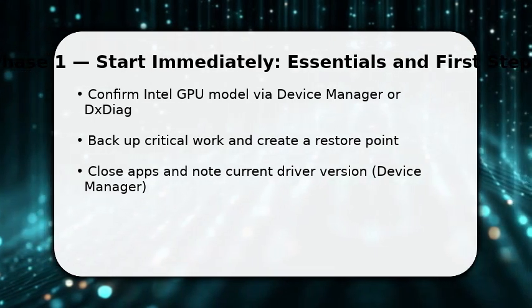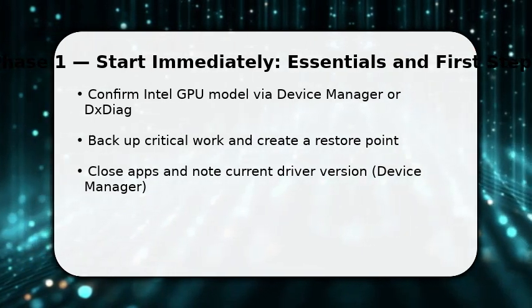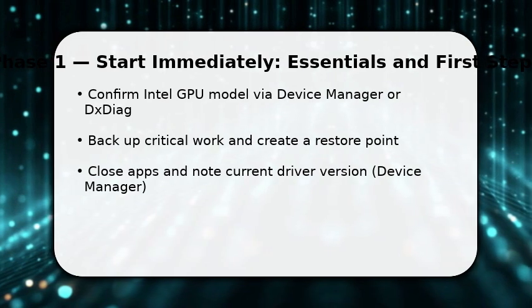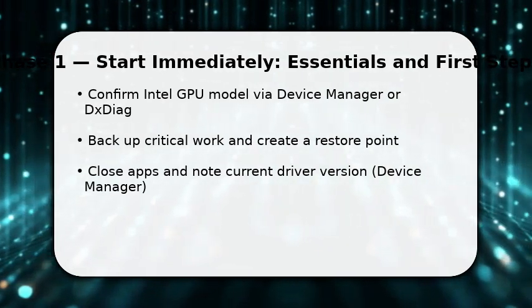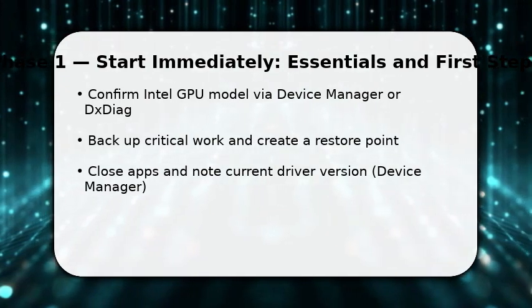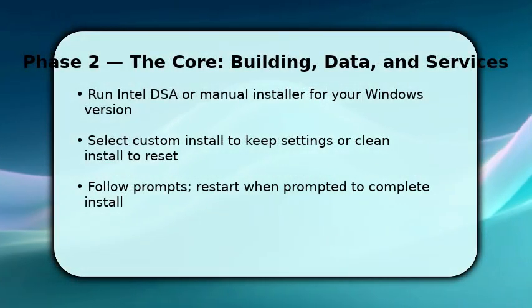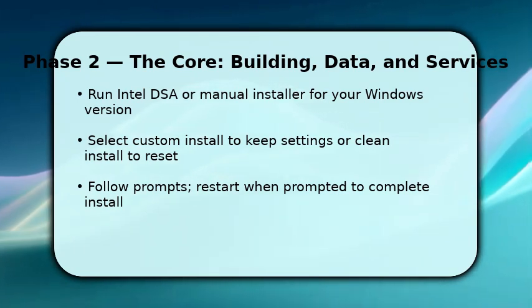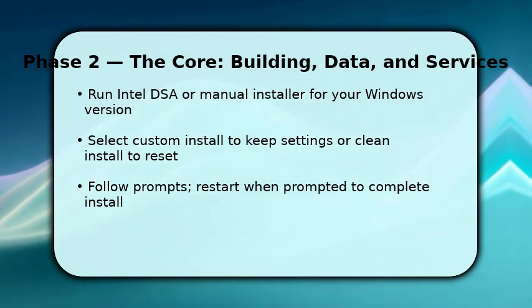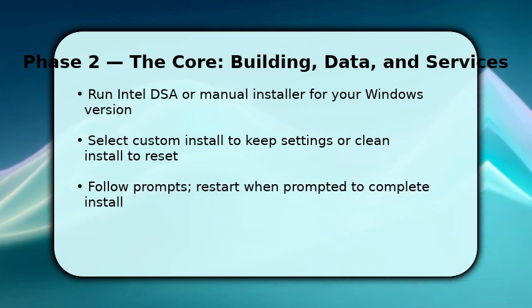This speeds the update. Now launch Intel Driver and Support Assistant or the official driver package. Choose the installer matching your model and Windows version to avoid mismatches. You run the downloaded installer and let it scan or select your specific package. If available, pick Custom Install when you want to preserve settings, or choose Clean Install to remove legacy files and